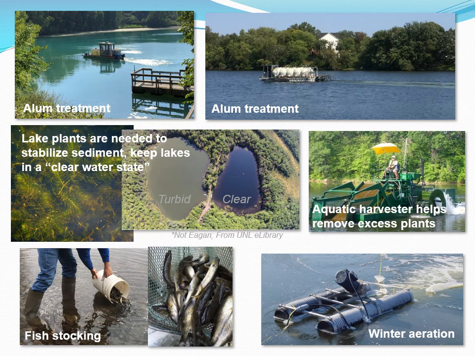Plants are important, but we do have the capability in at least 3 of our lakes to run this plant harvester that the city owns and help make more open water when the plants can get to nuisance levels. The city does some fish stocking and surveys, and then winter aeration helps keep the larger fish alive. What we want is those large predator fish to stay alive over the winter, even in low oxygen conditions, so that they can help control the small fish populations that may otherwise become stunted.